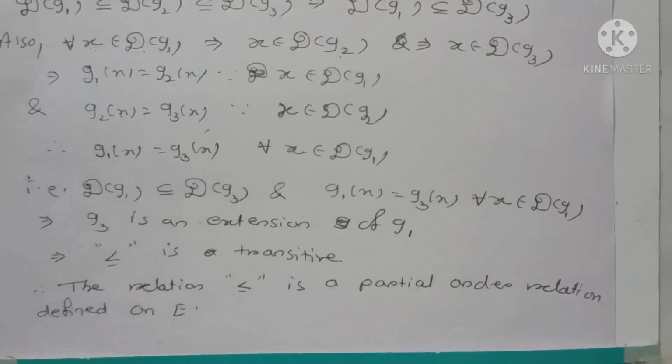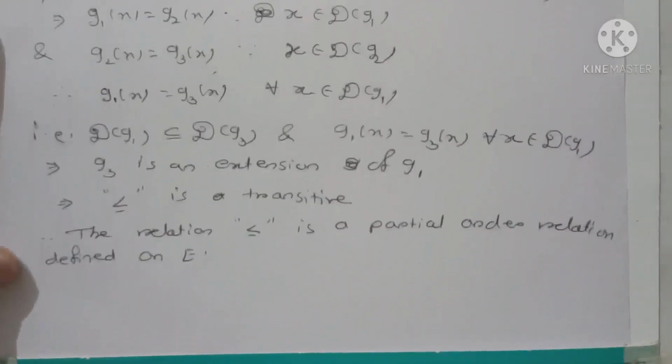Now after that, we have to show that every chain in capital E has an upper bound. If every chain has an upper bound in E, then capital E has at least one maximal element. So in the next step, we consider a chain in capital E, and we have to show that this chain has an upper bound. So we start with